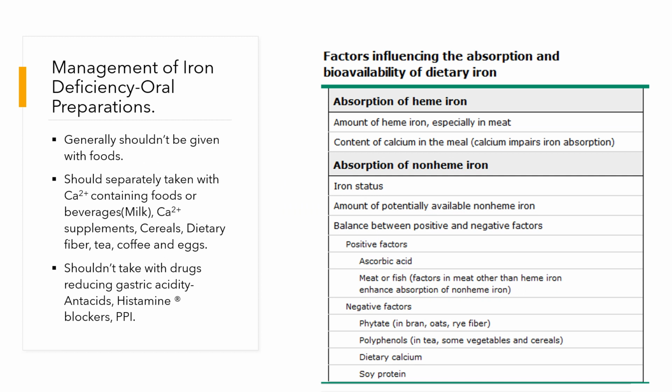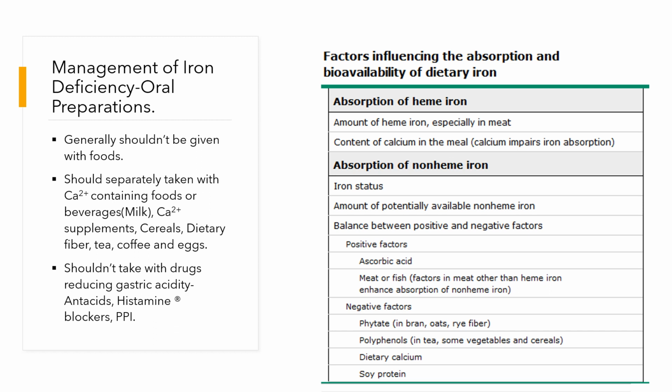So generally it should not be given with foods because it will affect the absorption, and should be taken separately from calcium-containing foods or beverages like milk and calcium supplements, cereals, dietary fiber, tea, caffeine, and eggs. And it should not be taken with drugs reducing gastric acidity like antacids and drugs like cimetidine and PPIs. And absorption of non-heme iron,